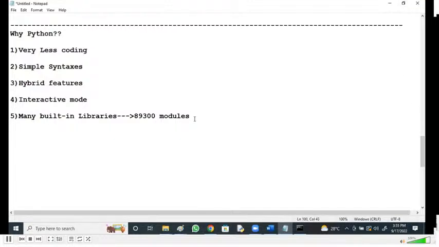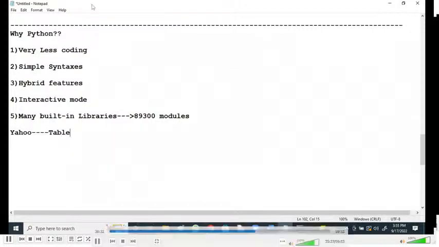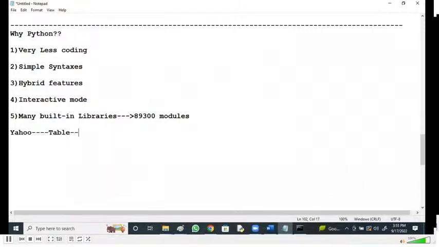If you want to see the speed of Spark, there was a test conducted by Yahoo, right? Yahoo, to check the speed of various databases in the market. It has taken a table of 100 TB consisting of 1024 columns.